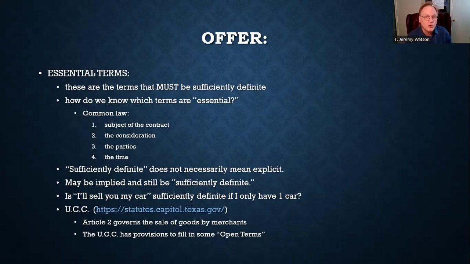What is one of the things the court's going to look at to see if it was sufficiently definite? It's going to look to see if the offeree accepted, right? Did they appear to understand what time they were talking about? And in that case, maybe up to a jury to ask, was there a meeting of the minds when the offeror said, I'll sell you my car for $1,000, and he thought 3 days was reasonable, and the offeree said, okay, I accept your offer to buy a car, but he was thinking 3 years was reasonable.